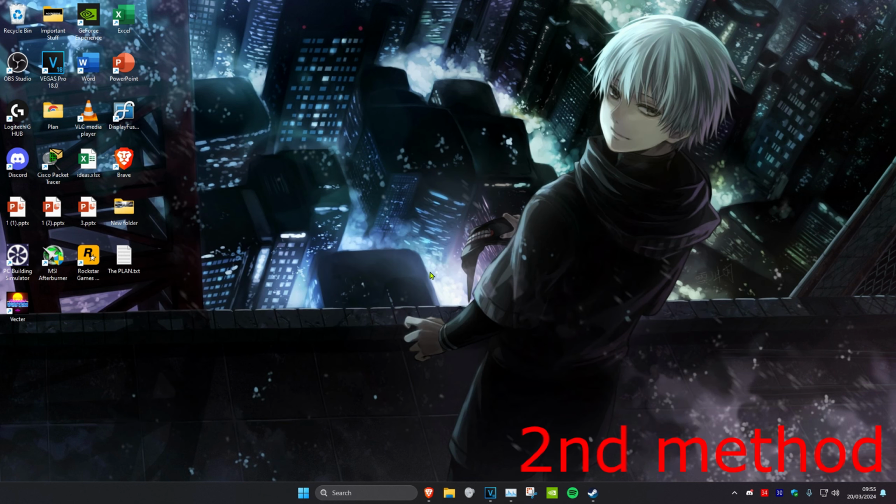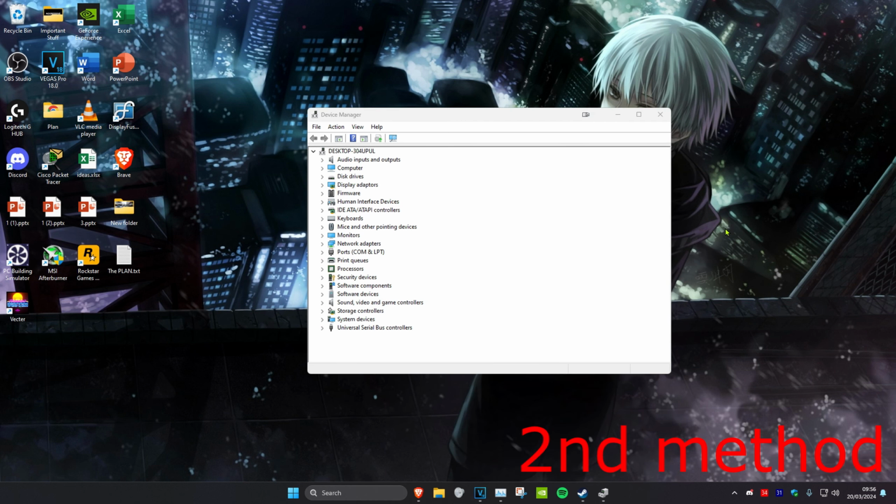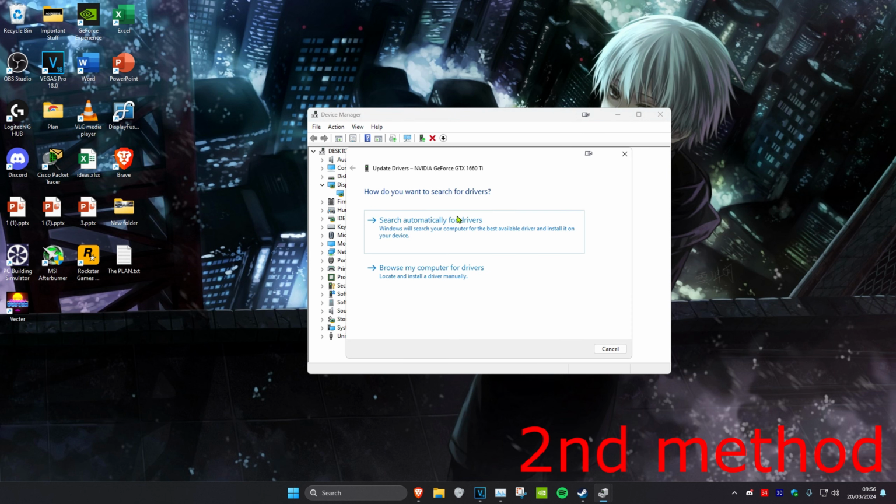For the second method, you want to head over to search and type in device manager. Click on it. Once you're on this, you want to expand display adapters. Then you want to find your graphics card. You want to right click on your graphics card and click on update driver, and then click on search automatically